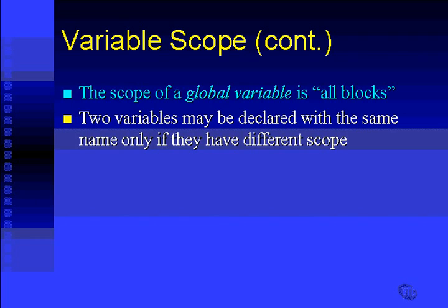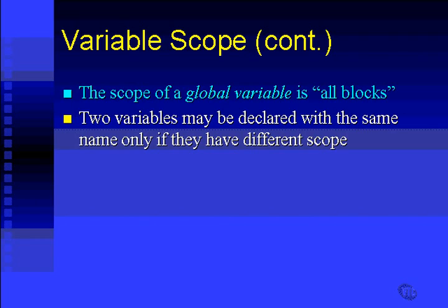However, it also means that you can have two variables with the same name in the same function as long as they have different scope. In other words, you could put them in different blocks. You could have a variable called x, which is part of a function, and then you could have a sub-block inside that function with another variable called x, and that's perfectly okay. Very confusing, certainly confusing, and I don't recommend that anybody actually do that. But the compiler will allow it,